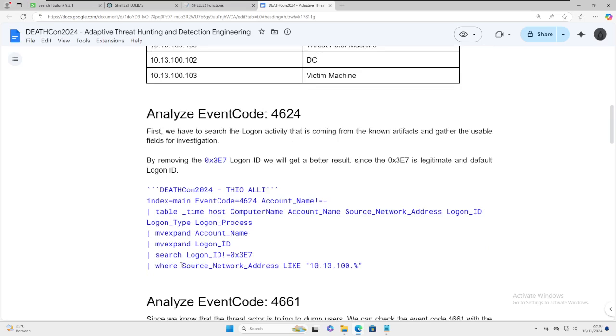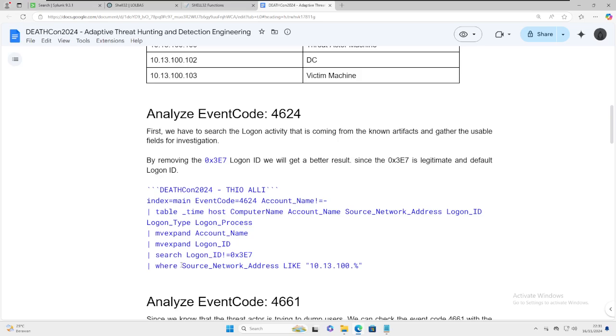The first thing that I do is check event code 4624. By checking event code 4624, we search the logon activity coming from the known artifact and gather the usable fields for investigation.